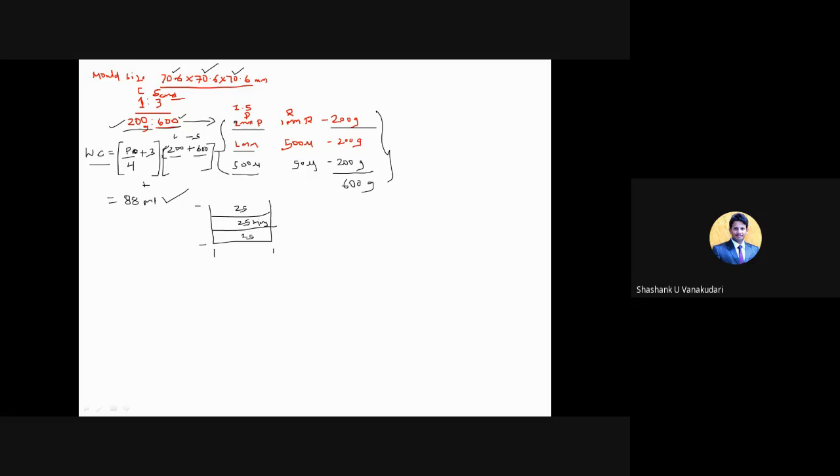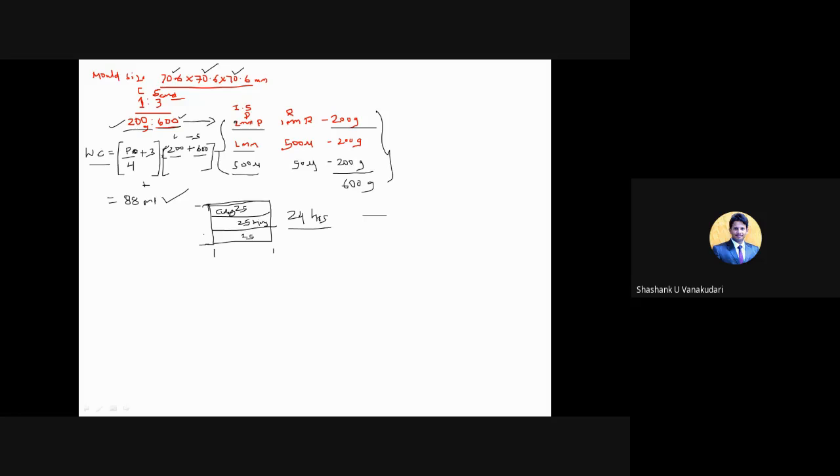Clear? And then you need to level this particular surface, and you need to leave this for 24 hours. For 24 hours, we need to leave this entire mold, and then after 24 hours, you need to demold the process. You need to demold this cube. We will call this one a cube, correct? So we'll demold this cube, and this cube we need to give for the proper curing period.